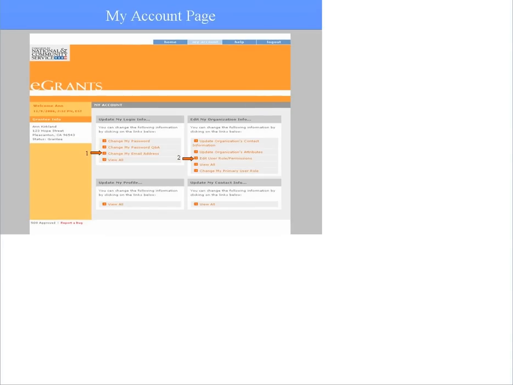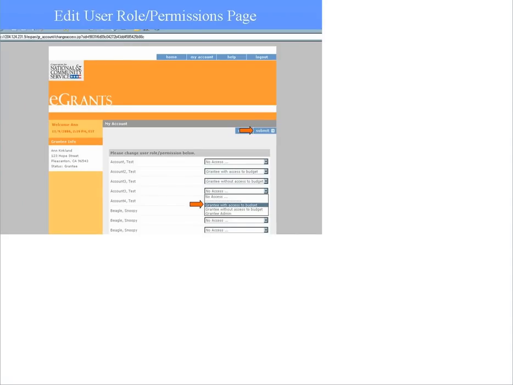If you are the grantee administrator, you will also be able to see the Edit User Role Permissions link. Otherwise, this link will not be visible. On this page, you will see a list of people who have created accounts or account requests for your organization. This list will also include people who have been assigned no access. For example, if staff members have left the organization, they should be assigned no access. There is no way to delete a person from the system. You can only assign no access to them. This is for security purposes so that you may have a record of everyone who has accessed your organization's information.